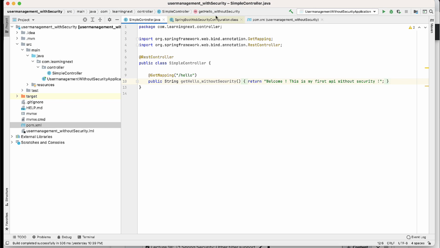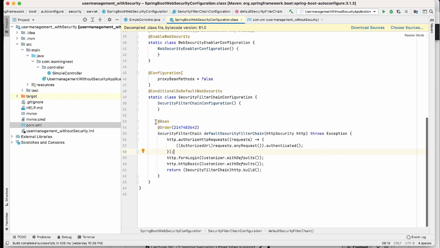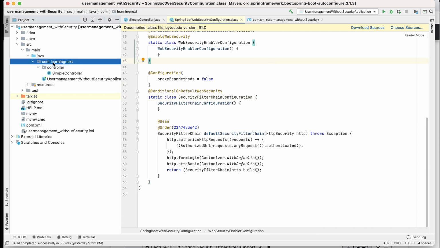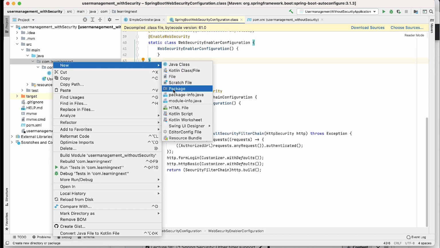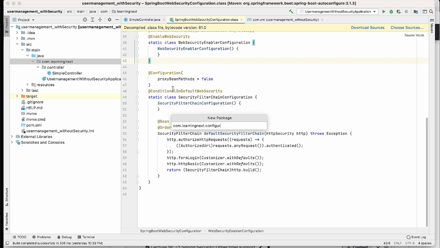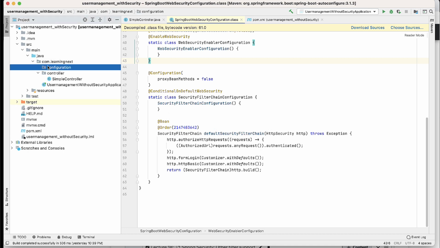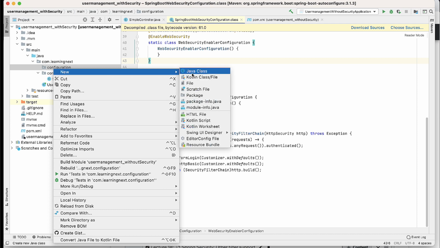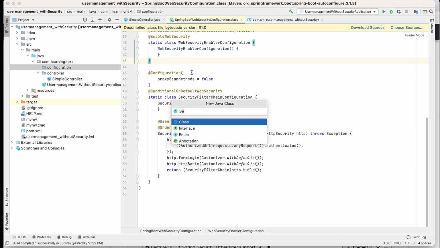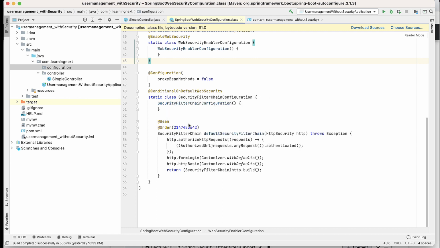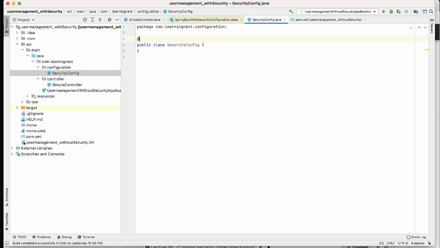How? What we'll do first is create one config class and override this method. Okay, so let's do that. I'll create one package over here and call it configuration, right? And I'll create one class over there, SecurityConfig, and I will add the Configuration annotation, right? Okay,